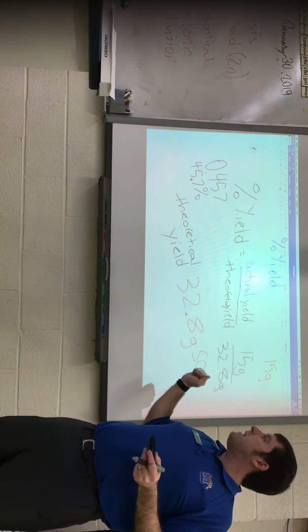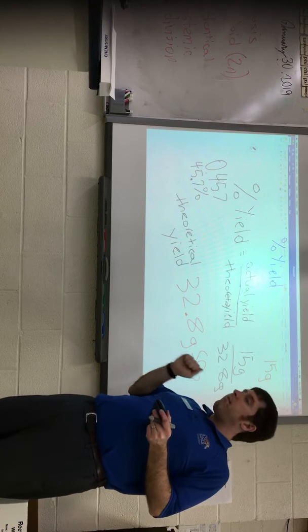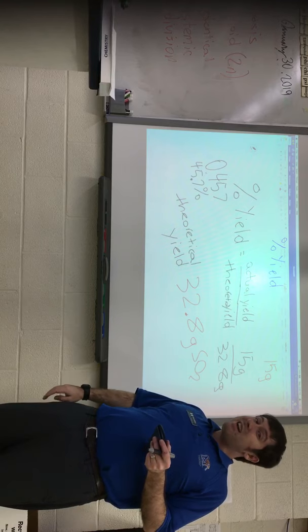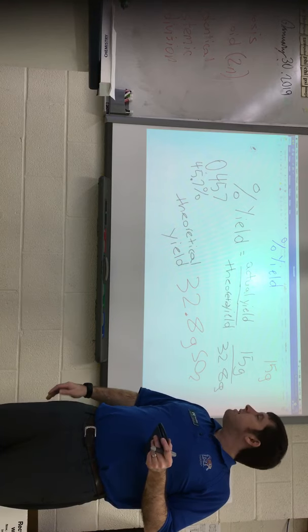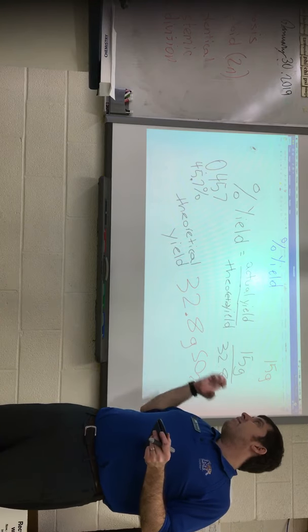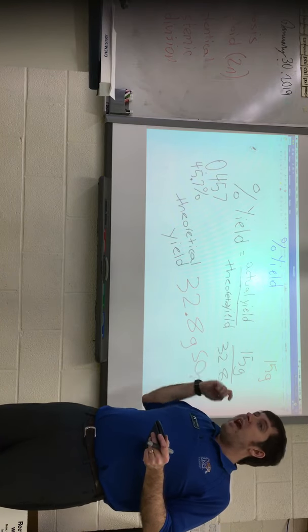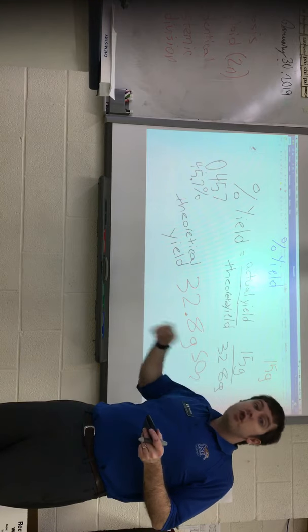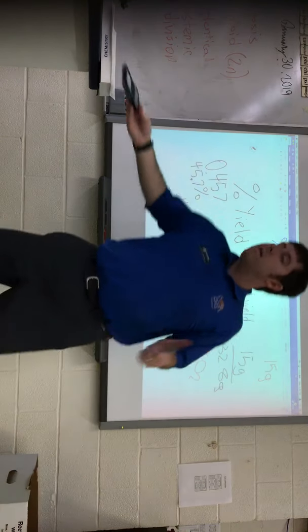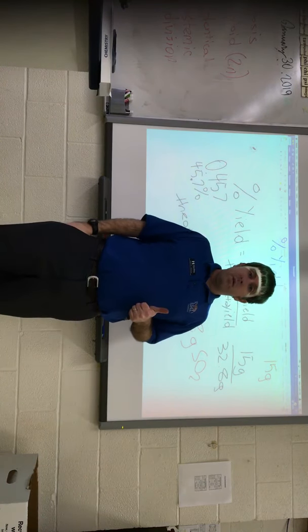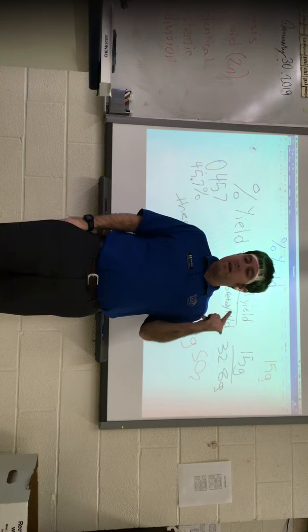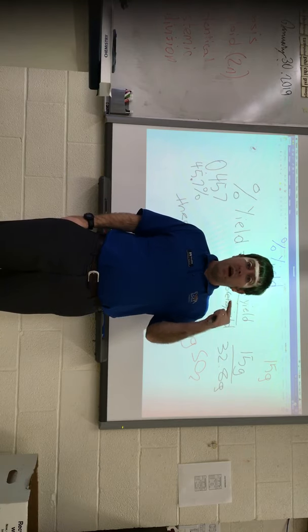What we found was how effective our experiment went. It was 45% of what we should have gotten, almost 46. Not great, we could probably do better. Closer to 100 is obviously better. So this is percent yield. How much did we actually get compared to what we should have gotten if everything went perfectly? So ladies and gentlemen, we've gone over limiting reagents, which tells you what reagent you have to work with to start every problem. In these two last examples I gave you, I stipulated what the